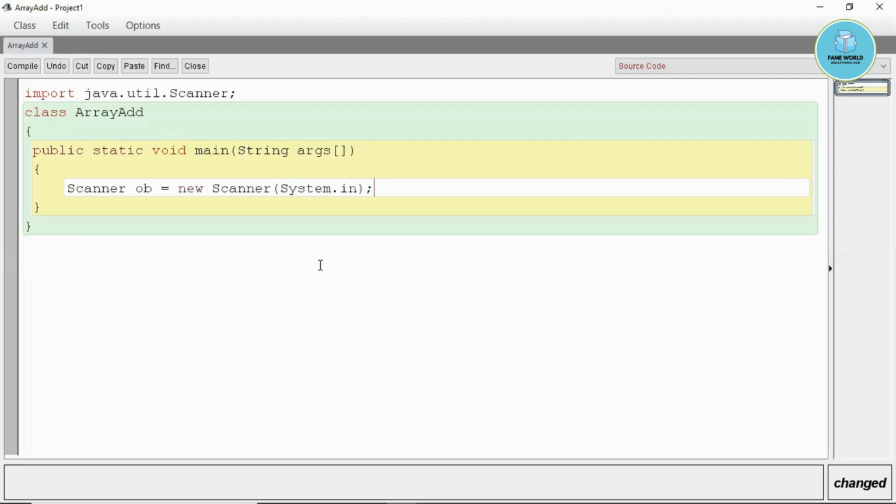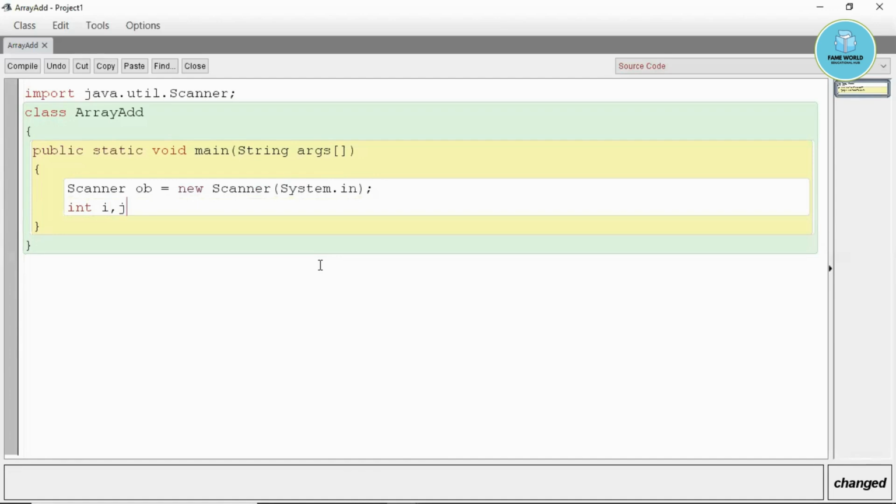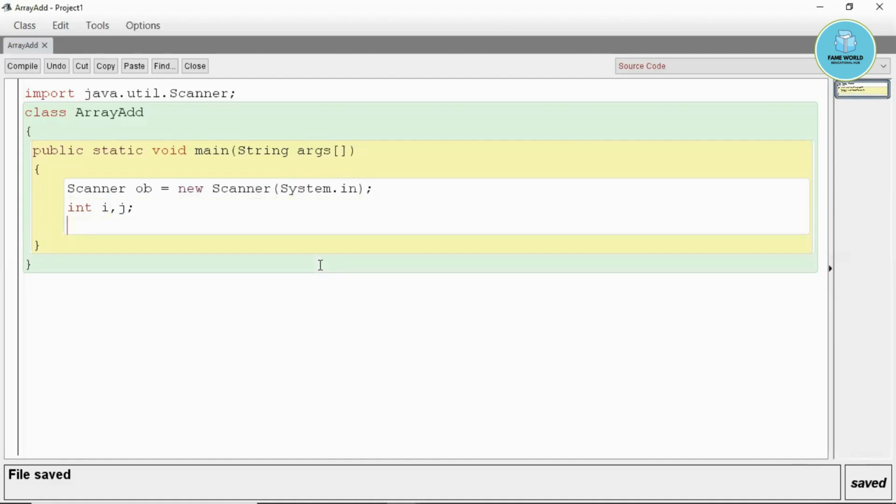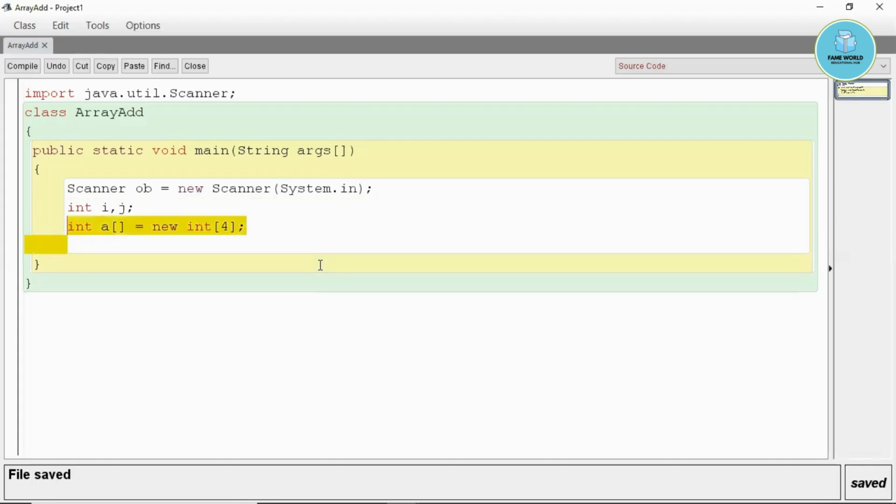As it is addition of two arrays, first of all we have to take i and j for the looping, then we have to take two different arrays. So I am taking int a, this is the first array, int of the number of elements which we want in the array. Then the second array I am taking,